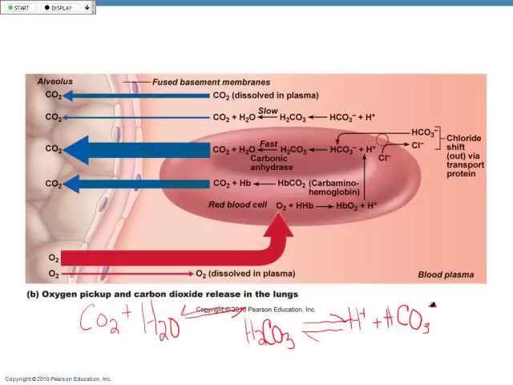Carbonic acid and more hydrogen ions. Remember we just talked about when I have too much carbon dioxide in my system, what happens to the pH? What happens to the pH? No, if I have too much carbon dioxide, it's going to decrease because I have an increase in